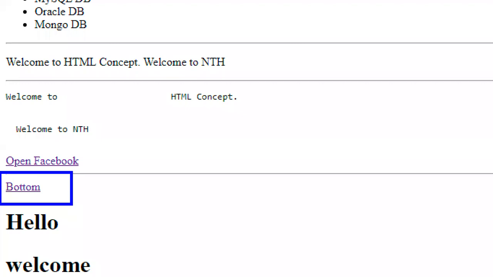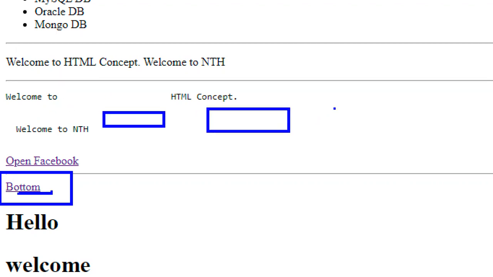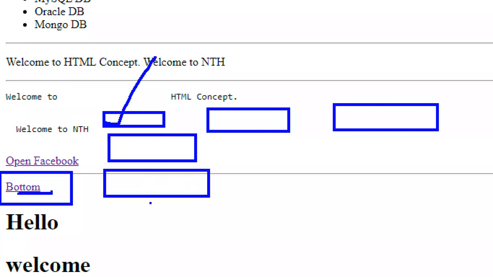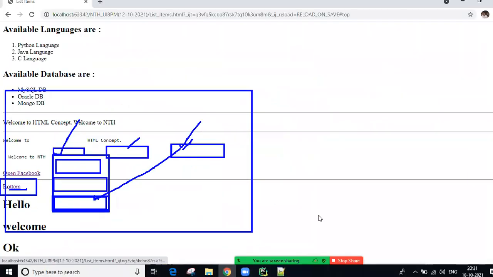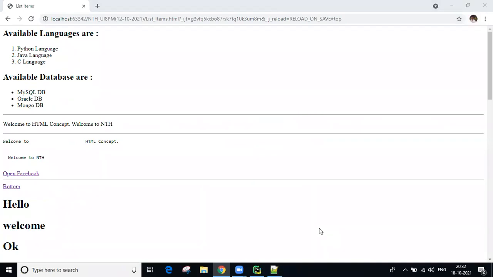When we are designing an application, concept-wise we are creating, guys. So concept-related names we are using depending on our situation. For example, on the top side there are some menus: home, contact, services. Whenever you click contact, only the contact information is within the page, along with service information and about us information. Whatever menu you click, that menu-related content is displayed. For example, if I click this menu, my cursor directly jumps to here, and only this content is displayed in the page. So like that we can use the intra-linking concept.